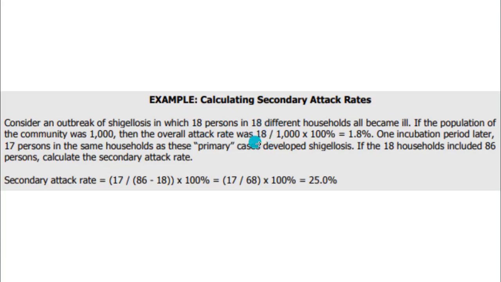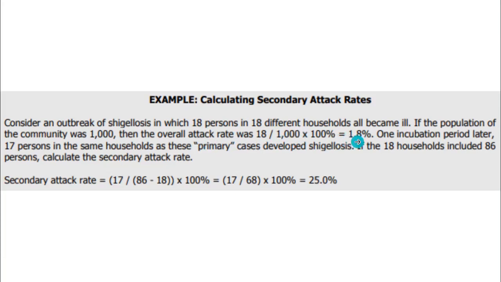Your 18 is the number of new cases who got shigellosis or infection, divided by, this is a subset of a particular whole. The whole here refers to the entire population of the community, which is 1,000. So 18 who got the new cases, the infection, divided by the total number of population, the quotient is multiplied by 100. Why? It's because 100 represents a percentage, since your attack rate is a proportion. So we get now a risk or attack rate of